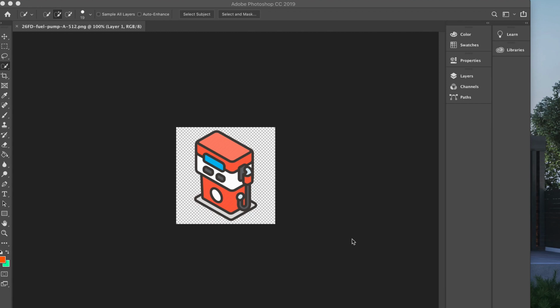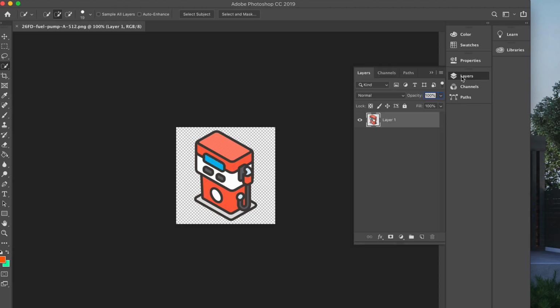Hello everyone. Today I'm going to show you how to change color in Photoshop. First of all, of course, we need to select the thing we want to change the color. For example, this one. You press on layers, you